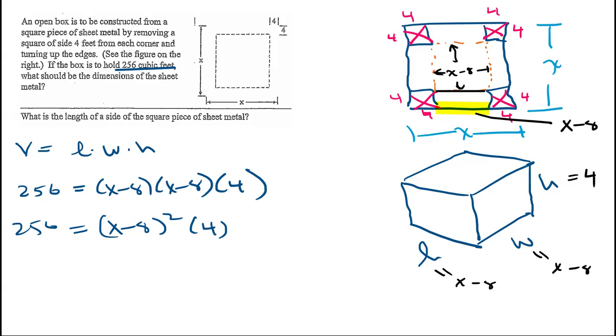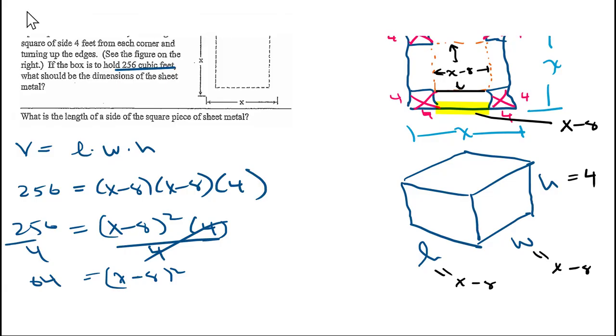All right, and then I'm going to divide both sides by 4. I'm writing too big here. I'm going to run out of space. So I have X minus 8 squared, and 256 divided by 4 is going to give us 64. Then I'm going to take the square root